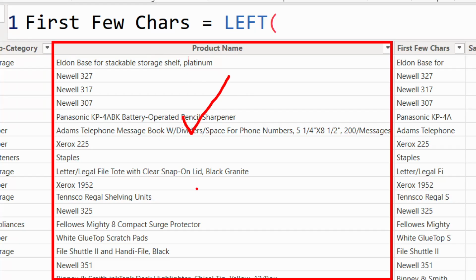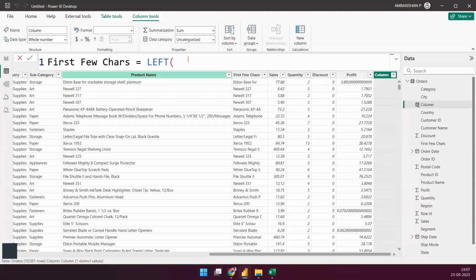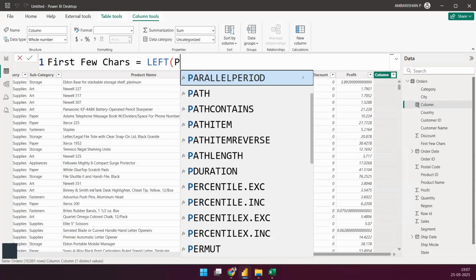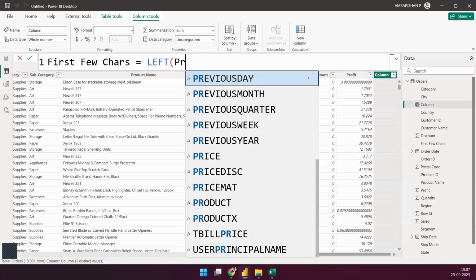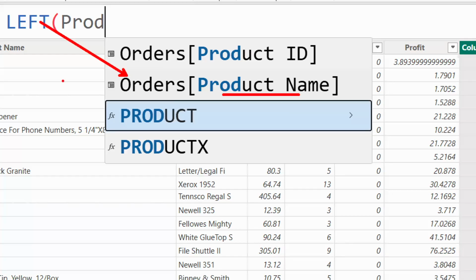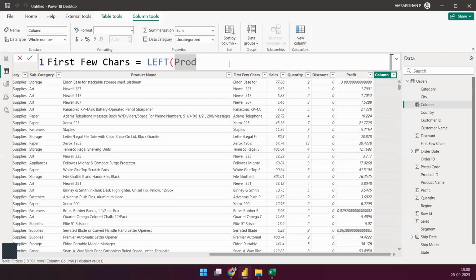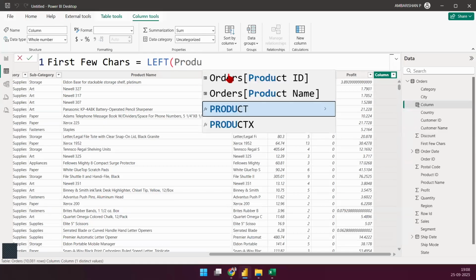So let's go back and say product name. And where is this product name coming from? The product name is coming from the orders table. Whenever you start using column names, it will always be prefixed with a table name. So I'm just going to say product name, and it's going to give Orders product name.